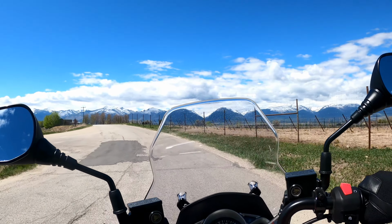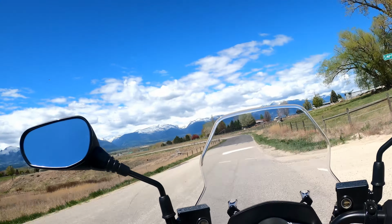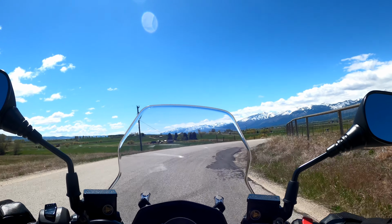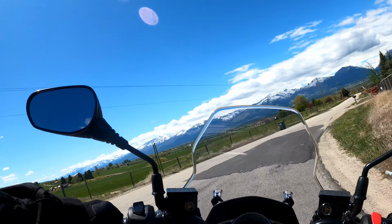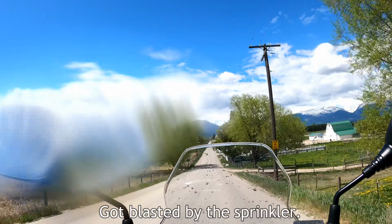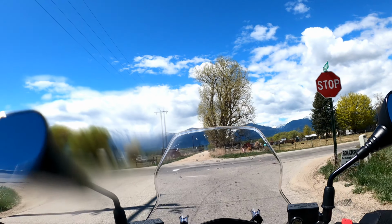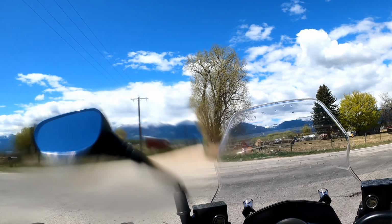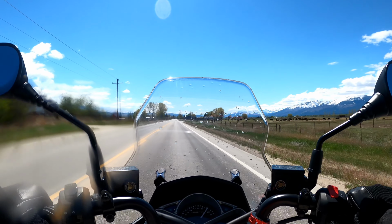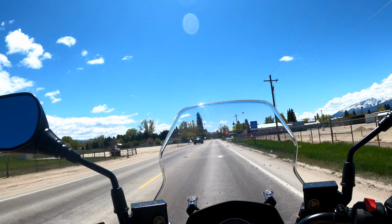Somerdale, but we're going to go straight now instead. Another nice thing about the S-Max. Must mean we're in Corvallis by now, but we're going to make a left. Heading south,